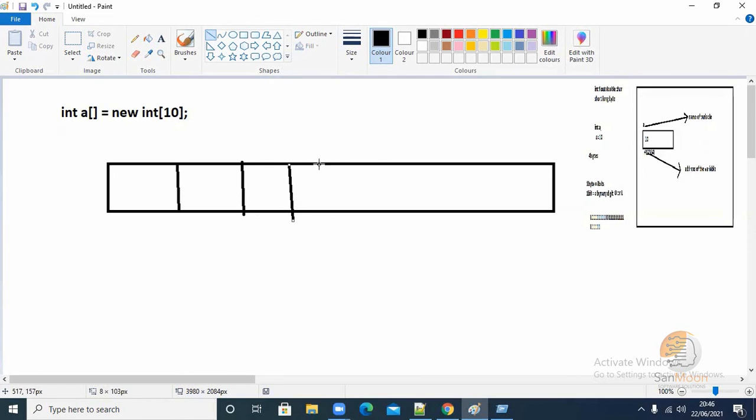Each and every one, like this. You want to understand one thing here. How many are there? 1, 2, 3, 4, 5, 6, 7. Like this, 10 variables, you just think about it. And the name of the array will be only one name, A only. And addresses of the variables are there. 10 addresses will be there.